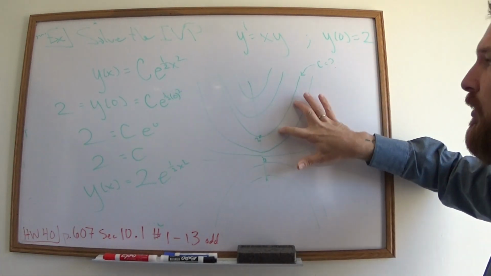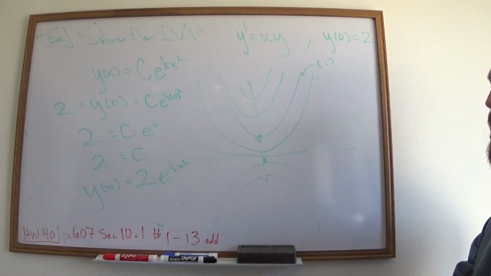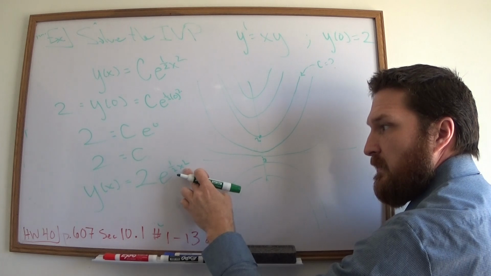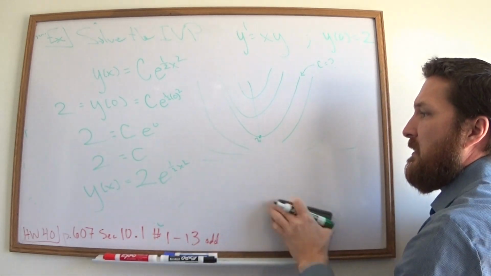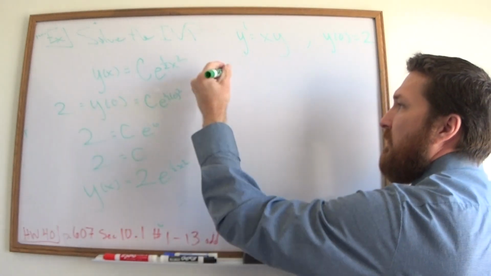Now that function should be this one right there. And it should still have this property. And that's what I'm going to check right now. I'm going to check that it has both properties. Plug in a 0, get out a 2. Yeah, that one's good. Now let's do the hard part and check that when I take the derivative of it,